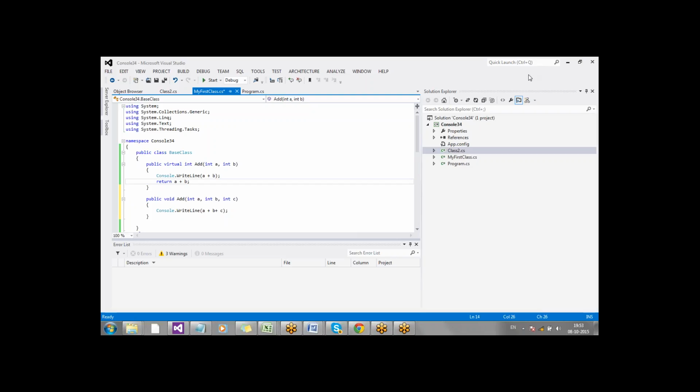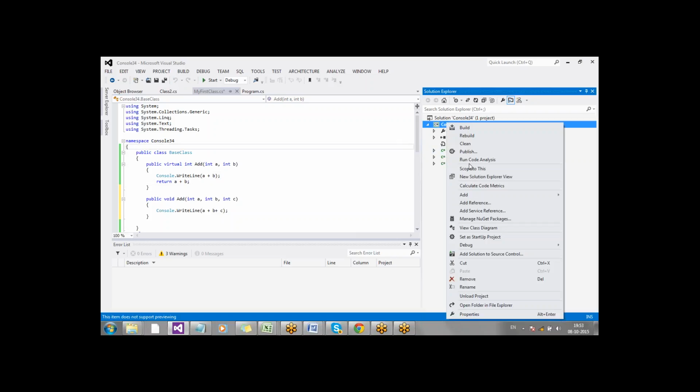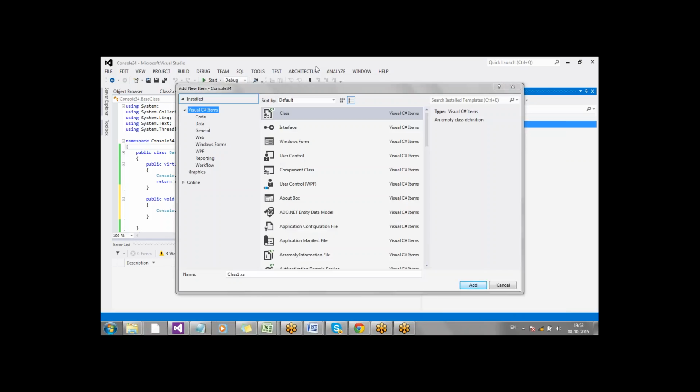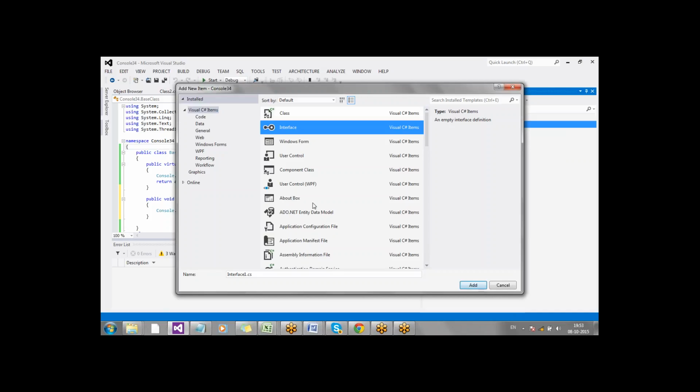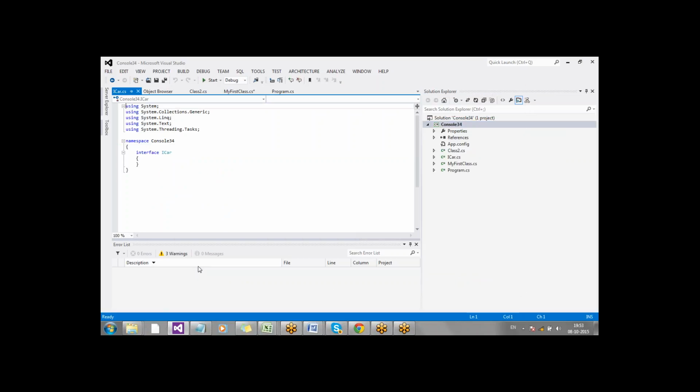Now one second. Let me add a new item and let me select an interface and I will call it ICar. Fine. Usually as a notation, your interfaces will start with I. Got it?